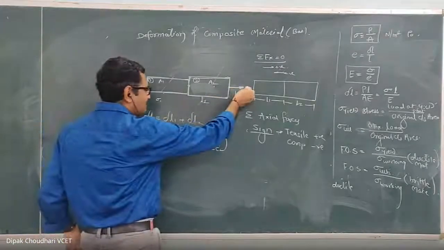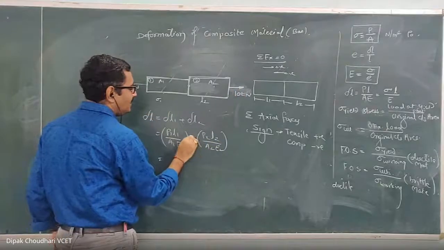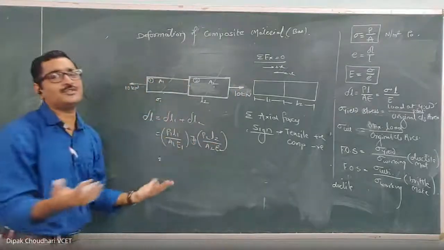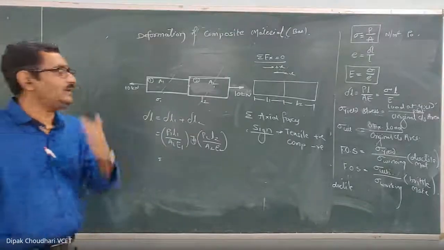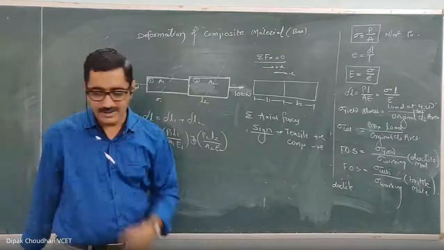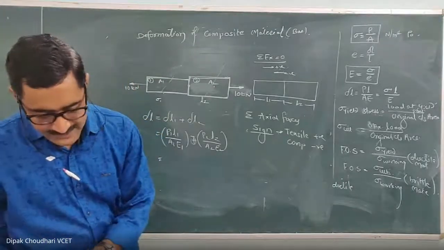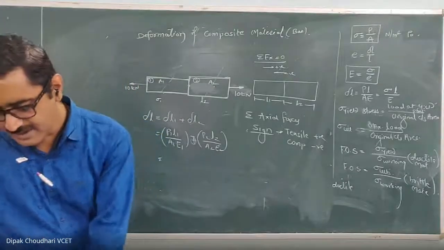If any part is subjected to the compression, then you can take it minus, because tension is an increase in length, this will be the decrease in length. According to that, you have to use the superposition and you can calculate the total deformation. Understood? Okay. Now, we'll solve the sum. Refer to that PDF, sum number 6.